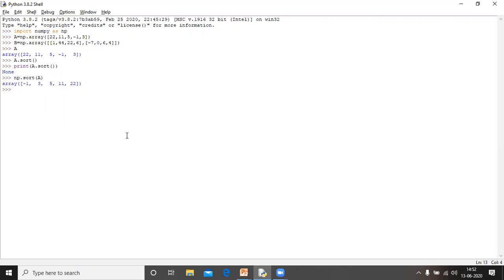Okay, minus 1, 3, 5 and 11, 22. This is about the one dimensional array.